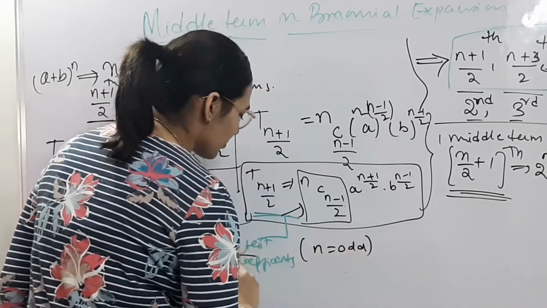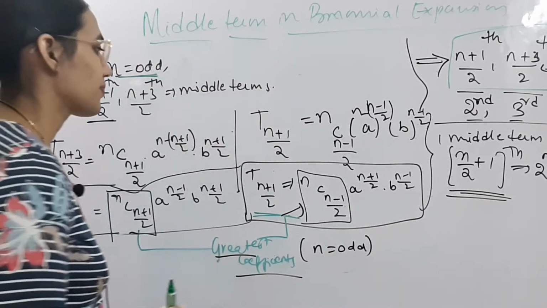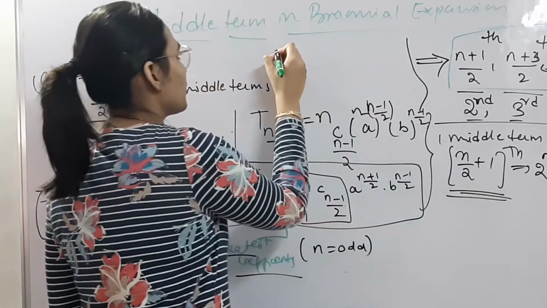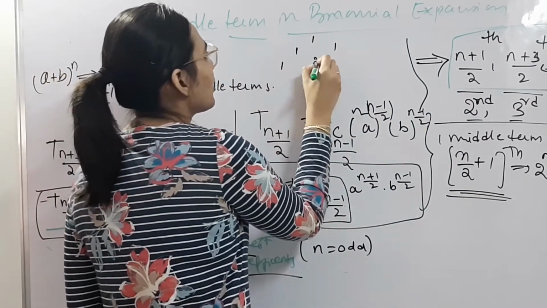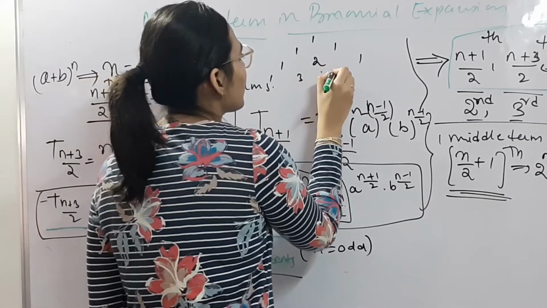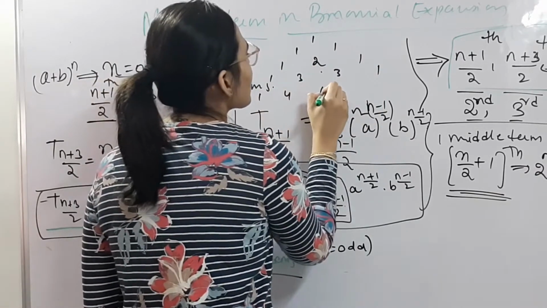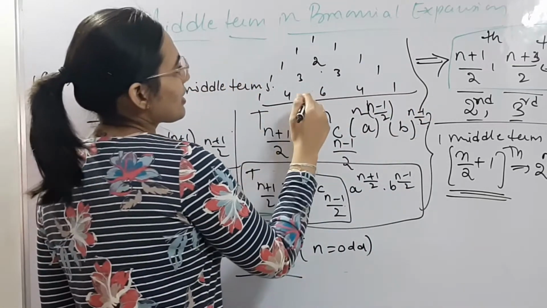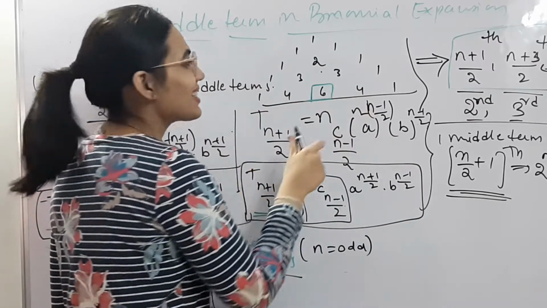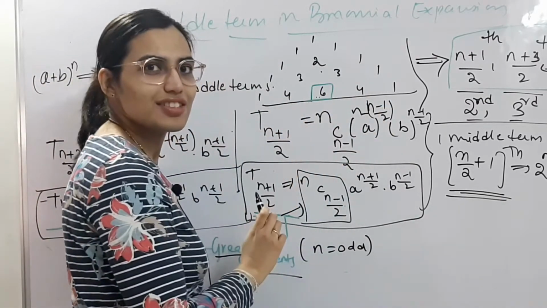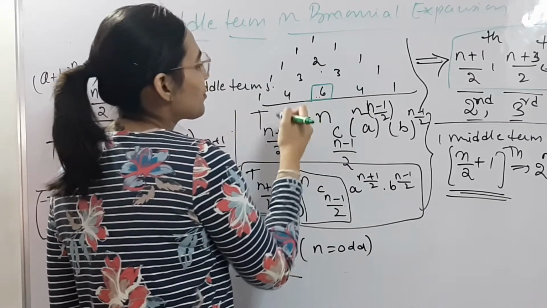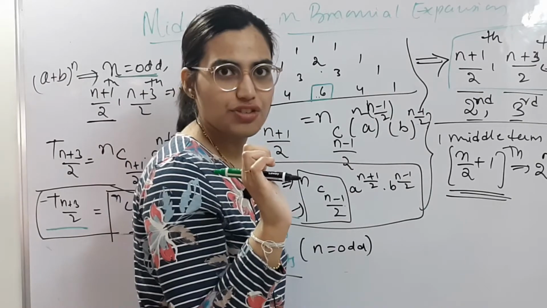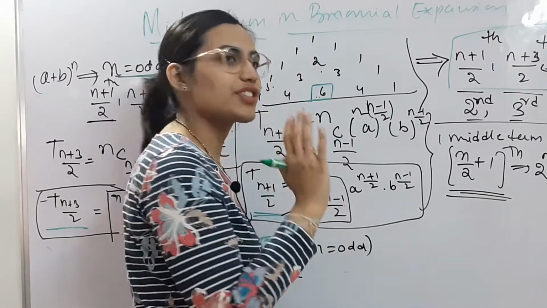Why are we calling them the greatest coefficients? Because, for example, let's take Pascal's triangle here. So 1, 1, 1, 1, 2, 1, 1, 3, 3, 1 and we get 1, 4, 6, 4, 1. If you see this here, this is the middle coefficient in this expansion, and is this not greater than all the coefficients? Yes. If you do the same thing for 5 also, you will get 2 middle coefficients and those are 10 each, and that is also greater than all the other coefficients in the expansion.